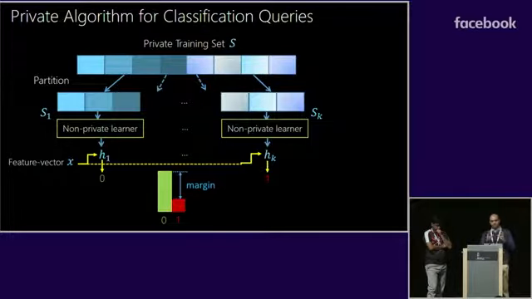Now, when this margin is large, this means that the majority vote is going to be stable with respect to small changes in the input training set. So following the definition of differential privacy, intuitively, we would expect it to be safe to output the majority vote when this margin is large enough. However, we cannot just make such a decision based directly on the actual value of the margin, because this is a deterministic function of the private data set.